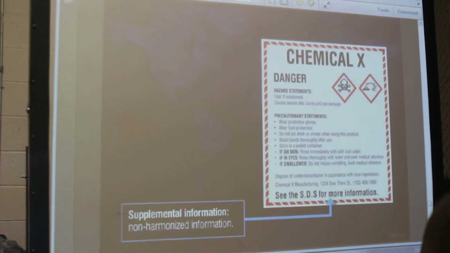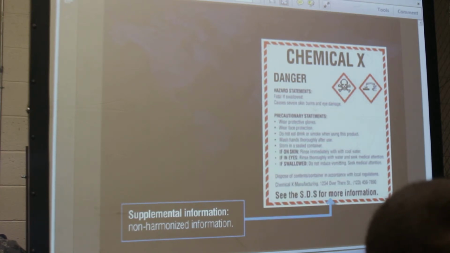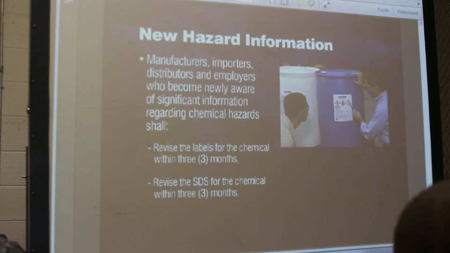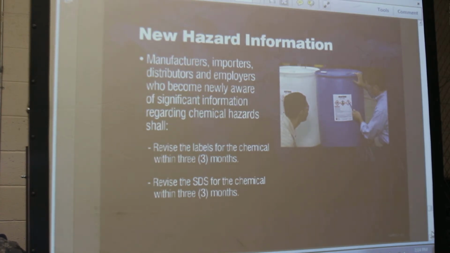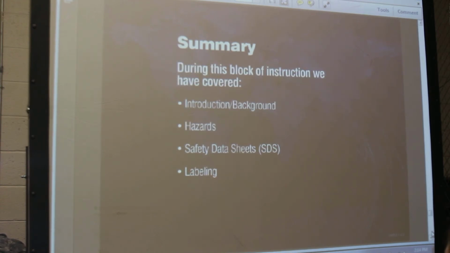Implementation information. Non-harmonized information. Next slide. New hazard information. Manufacturers, importers, distributors, and employers who become newly aware of significant information regarding chemical hazards shall revise the labels for the chemical within 3 months, and revise the SDS for the chemical within 3 months. Next slide. In summary, during this block of instruction, we have covered introduction, background, hazards, safety data sheets,